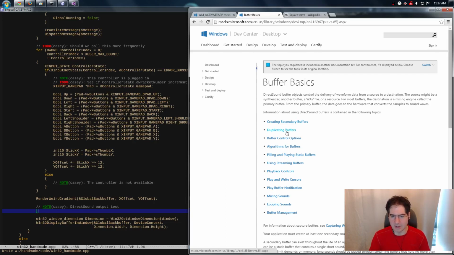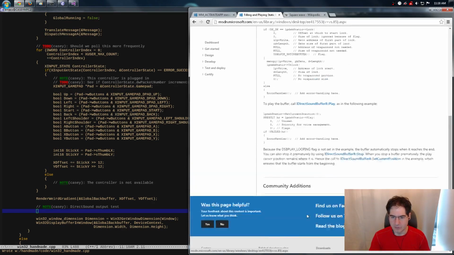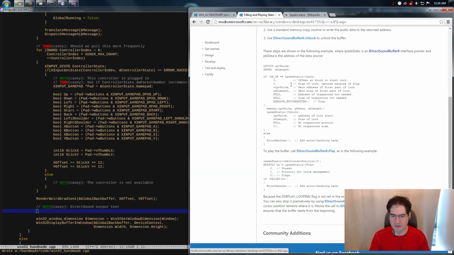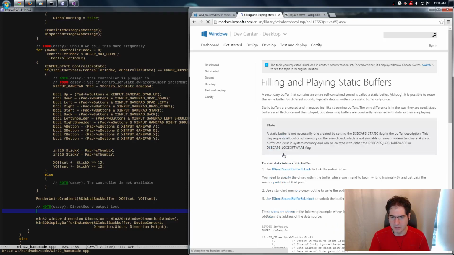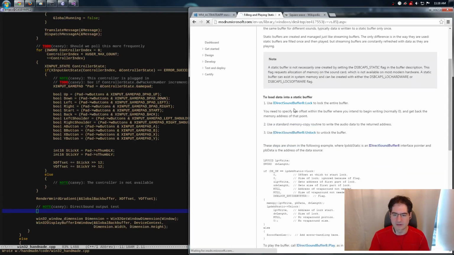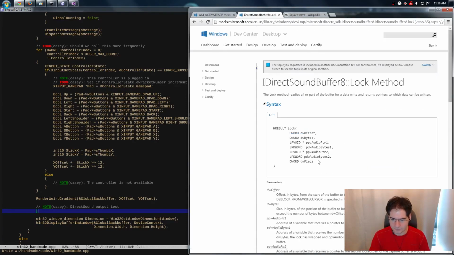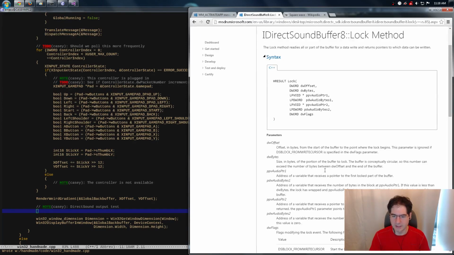But anyway, what we need to actually do is fill up the buffer. So we've got to actually do a lock here. Where is our lock? There is our lock right there. I need the actual help here, people. I want to actually see the help. There it is. This is what we're talking about. So this is the function that I actually wanted. Basically, what it does, if you remember,